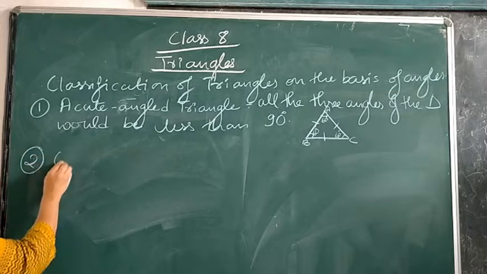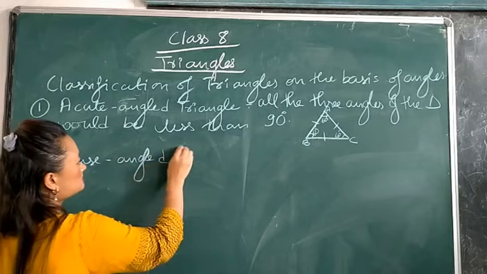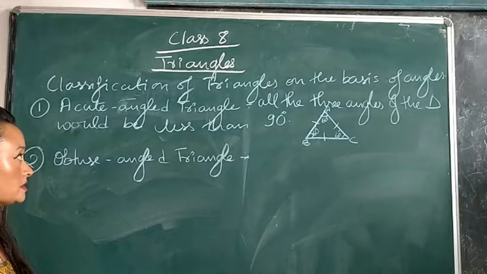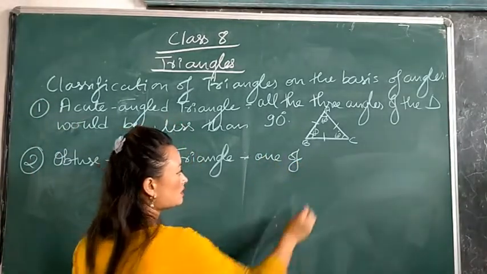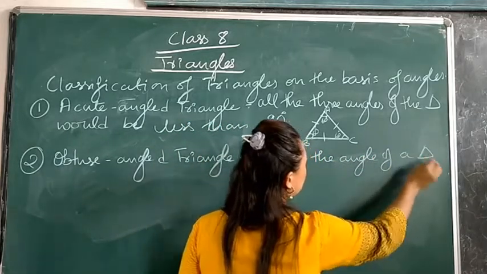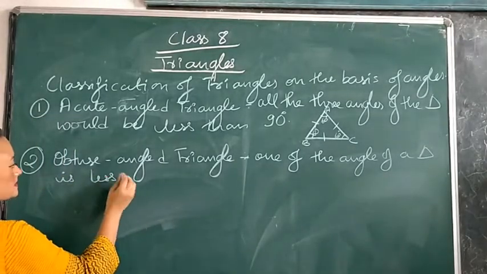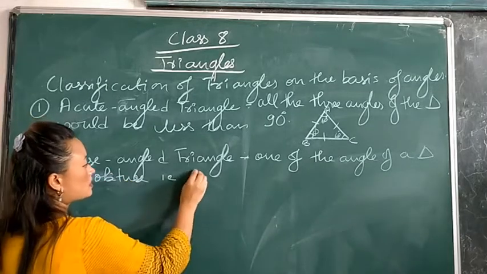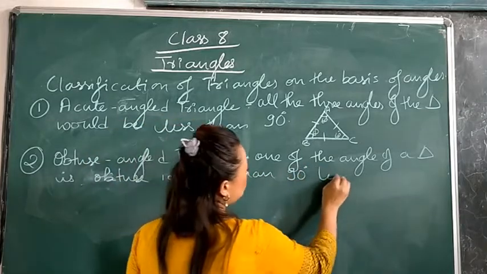The second one is your obtuse angled triangle. Now what do you mean by obtuse angled triangle? It means one, not all, remember that. One of the angles of a triangle is obtuse, that is more than 90 degrees and less than